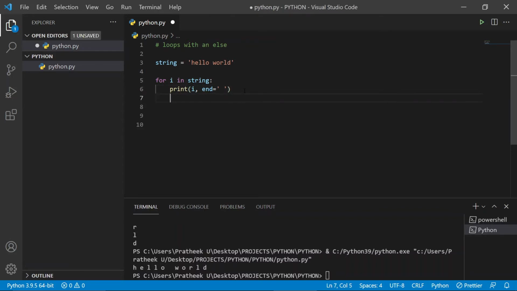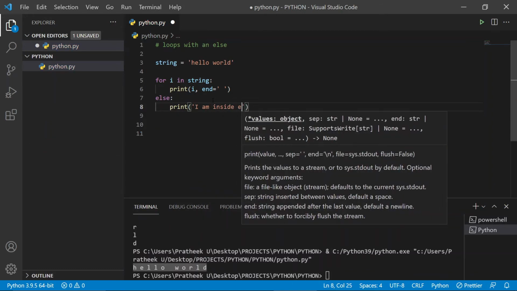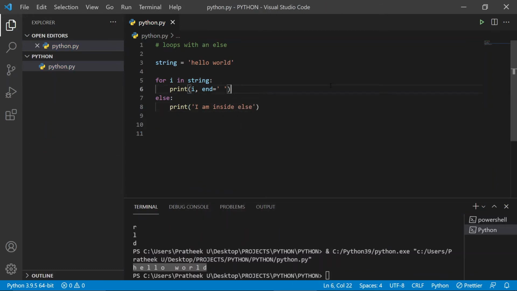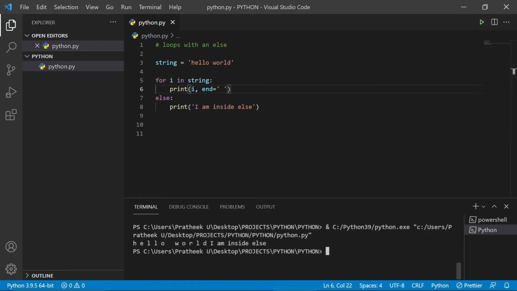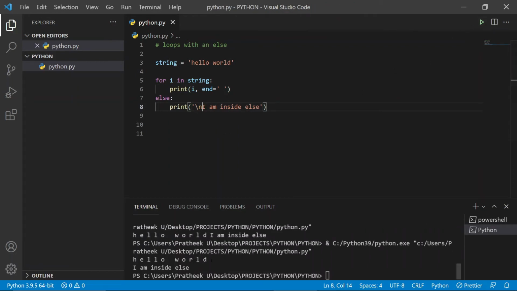So this is a for loop, and it would definitely print this output. Now, as I told you before, you can use an else along with loops. So in this case, let's make use of an else, and I'll be telling you why we made use of an else while explaining this. And let's print "I am inside else". Let's once again clear the screen and print. All right, so it printed hello world, I am inside else. Let me actually print it below so that it's much clearer. Let me use a new line character and print it again. All right, so this is hello world and this is I am inside else.